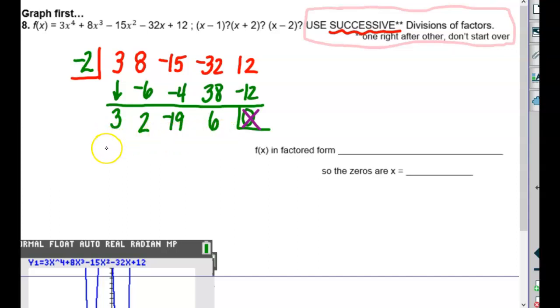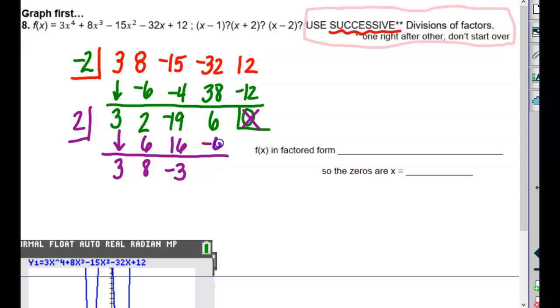What was another one that worked? Doesn't matter any order we could do these in. Positive 2, okay? Bring this down, multiply, add, multiply, add. Now, we could stop and factor right now and this would factor, or do you want, since you found one